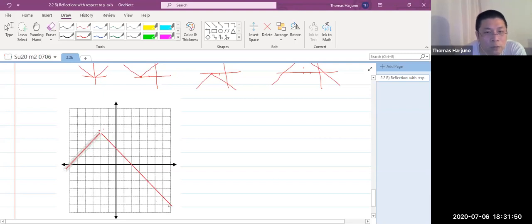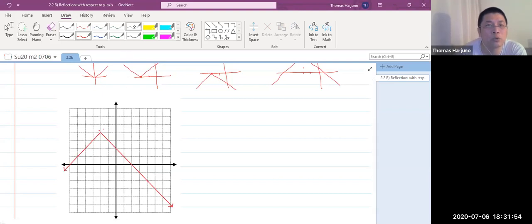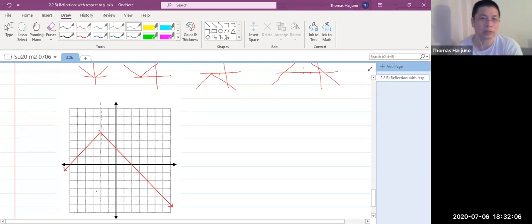That's what the graph looks like. Okay, and this will be the axis of symmetry. Right? So it maintains the shape, but this time because we reflected with respect to the x-axis, it becomes upside